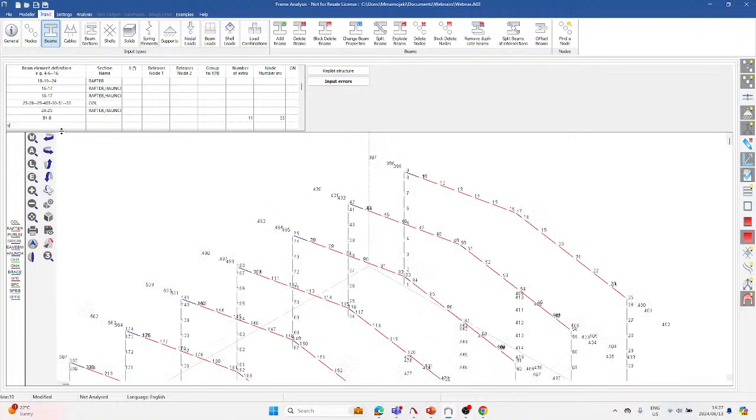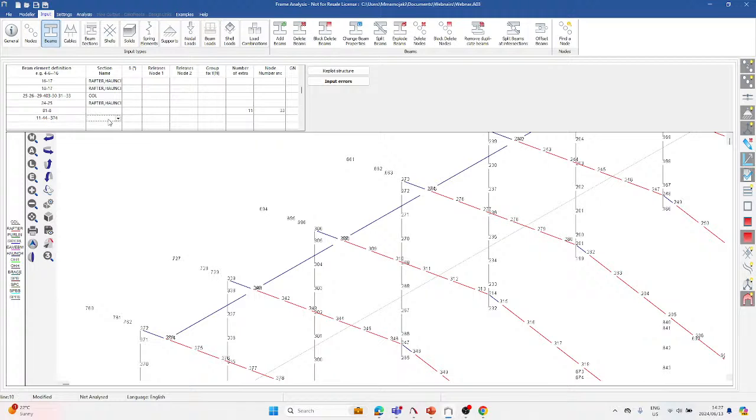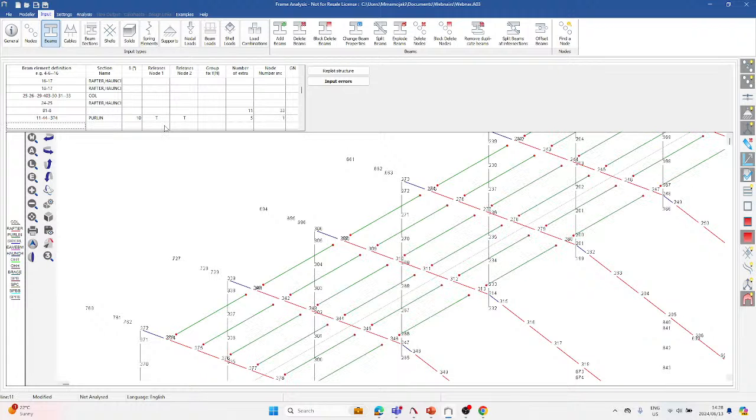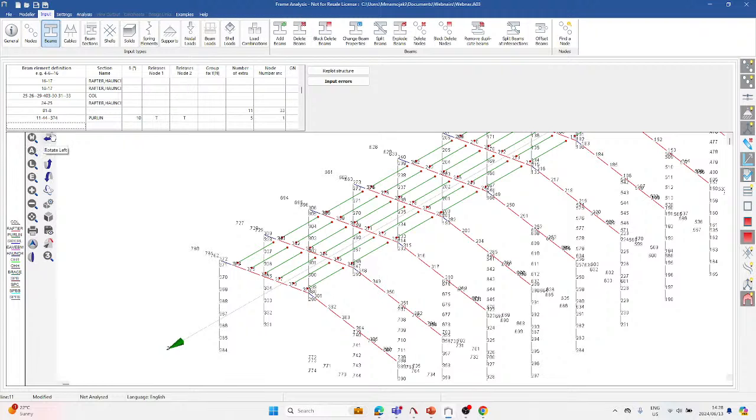So 9, actually let's set it from 11 to 44, then double hyphen 374. Let me just check. Yes, and then that's my purlin, and then I am going to insert the angle of rotation about the element's z-axis. So I'm gonna make it 10. So I'm gonna have it torsionally fixed in one end. So this is restraint against rotation about the element's longitudinal axis. So also on the other end, torsionally fixed, and then 5 extra 1. So this is what we'll have,